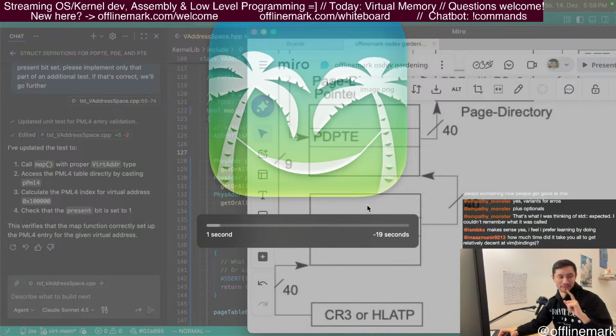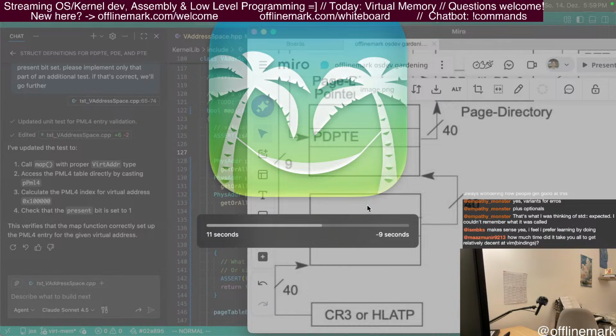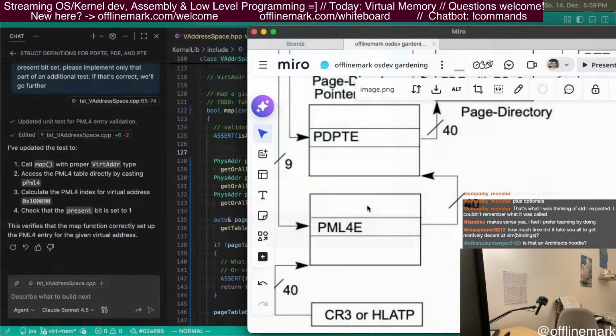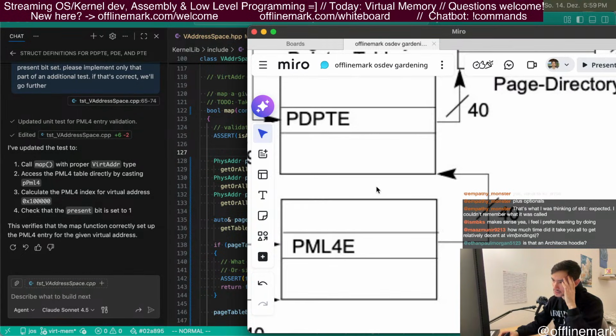Okay, be right back. I thought of something kind of interesting. So actually, I think I thought of a problem with this whole approach of the unit tests. So under the unit tests,